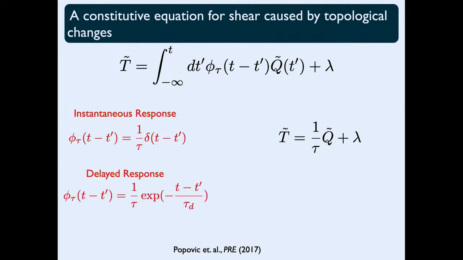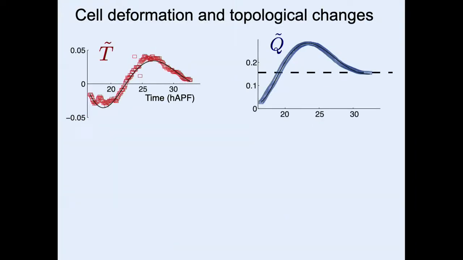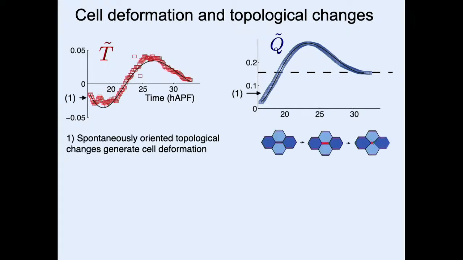However, if I think that there is a delayed response, the simplest case is some kind of an exponential response, this exactly corresponds to the equation which we had written. So the bottom line is there is a delay between the T1 and the cell elongation, and now one can explain this a little better, which means that initially we have these negative T1 transitions, which means there is more elongation in the y direction, but